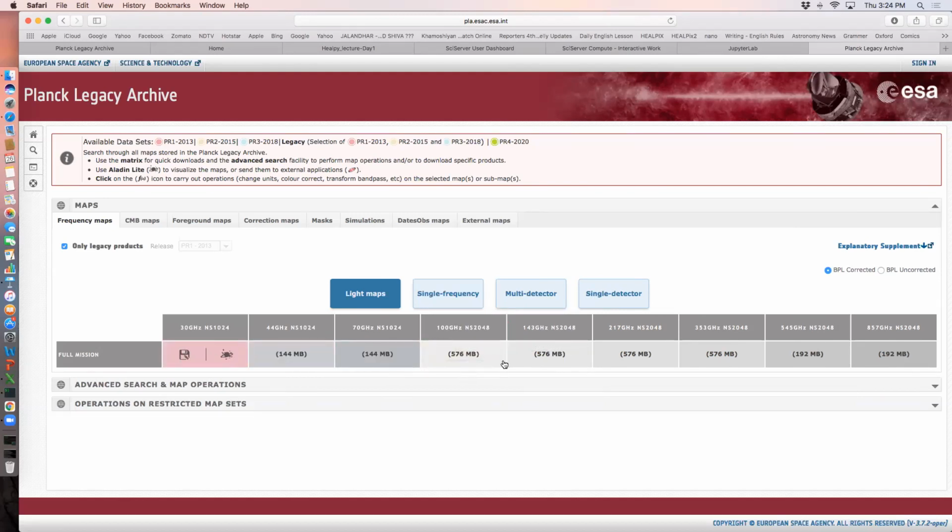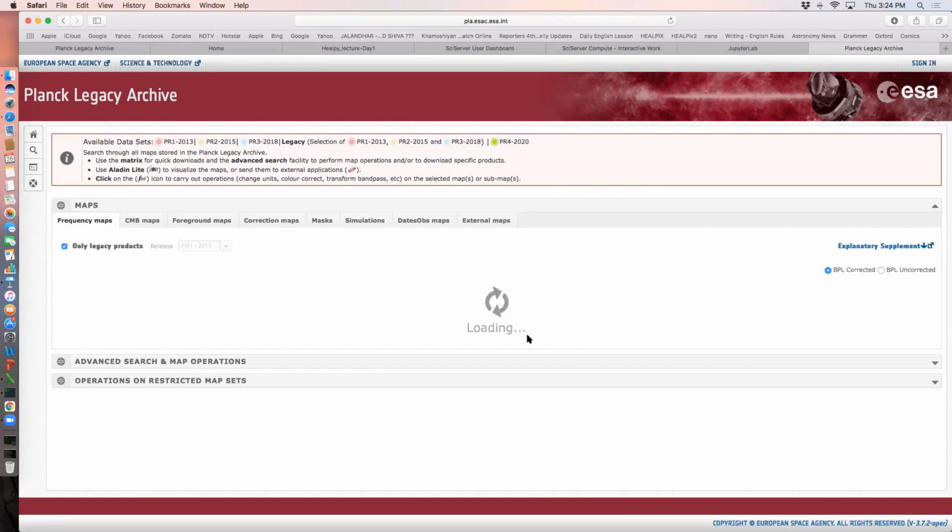These are the full frequency maps, but suppose you want other maps, you can